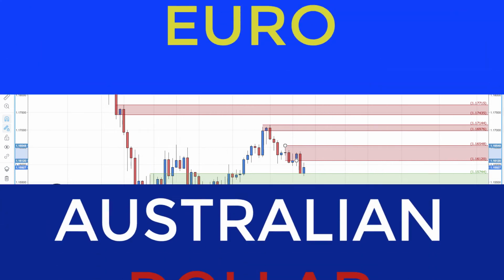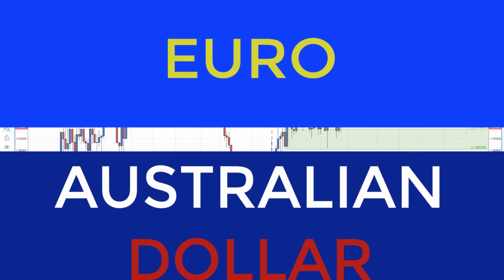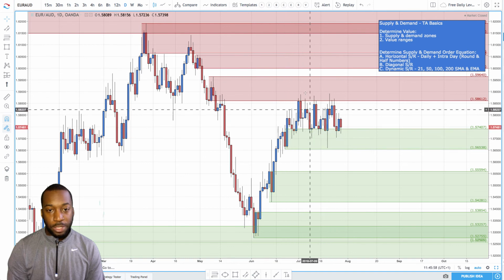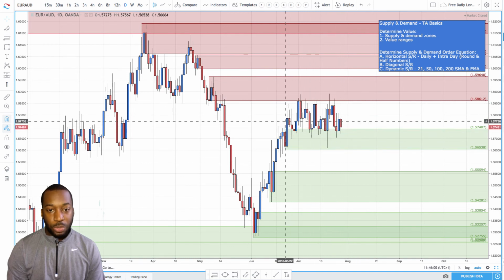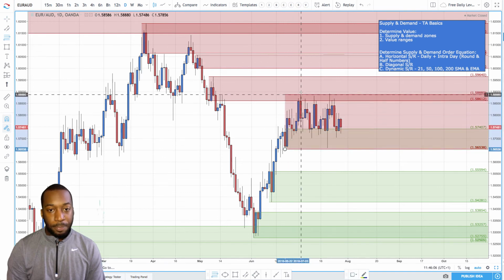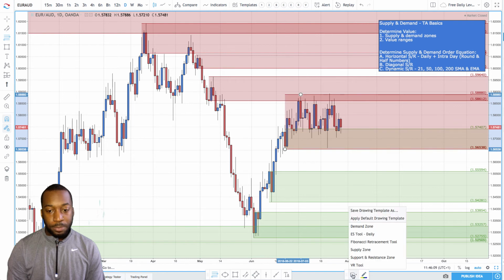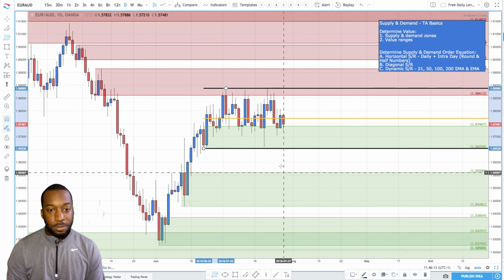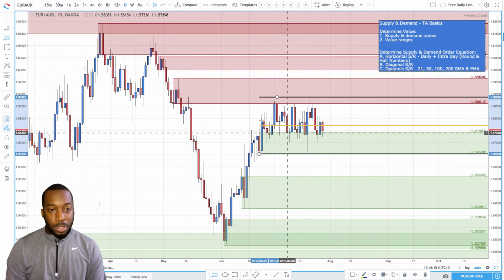Moving on to the Euro-Aussie. Euro-Aussie, we've been pretty much ranging for the past 2-3 weeks within these supply and demand zones. Again, price acceptance between buyers and sellers, right? That's what I talk about. Buyers and sellers are in agreement between what's expensive and really what's cheap. So